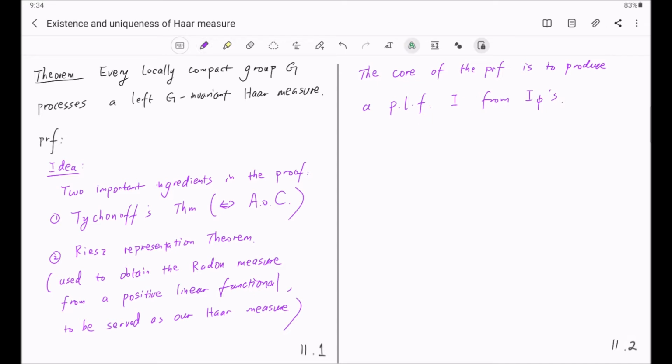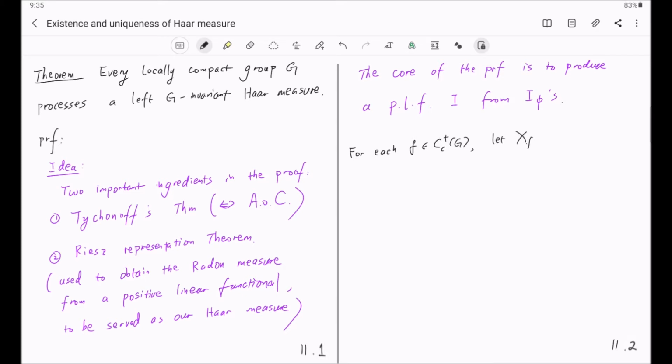This is the core of our proof here. And to begin with, for each f in CC plus of G,